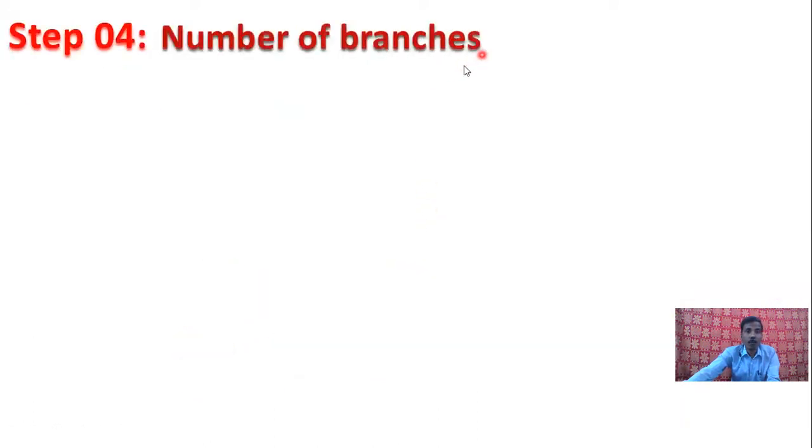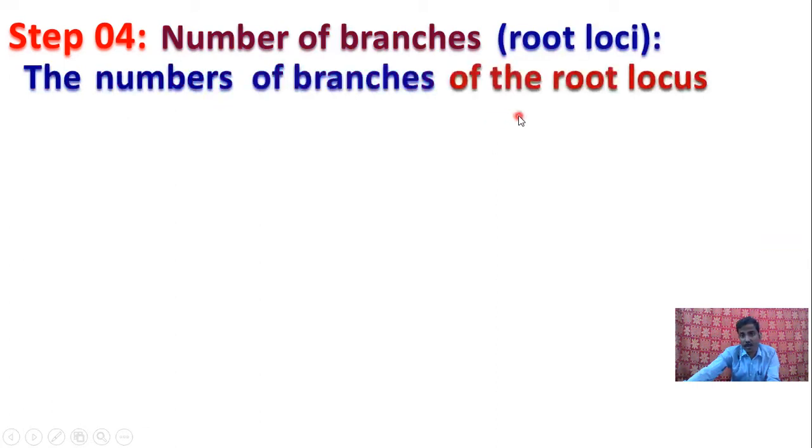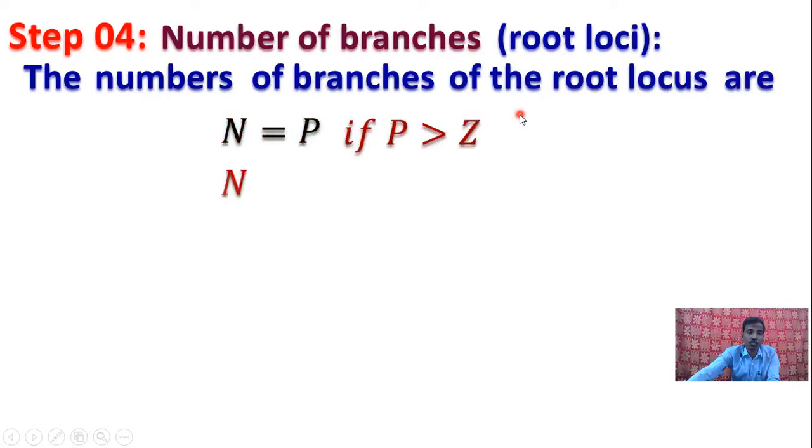Then step number 4, number of branches. This is also a very important point. The number of branches of the root locus is n equals p if p is greater than z. Here p is the number of poles and z is the number of zeros. That means the number of branches equals the number of poles if p is greater than z. If the number of poles is greater than the number of zeros, then the number of branches equals the number of poles. Similarly, if the number of zeros is greater than the number of poles,